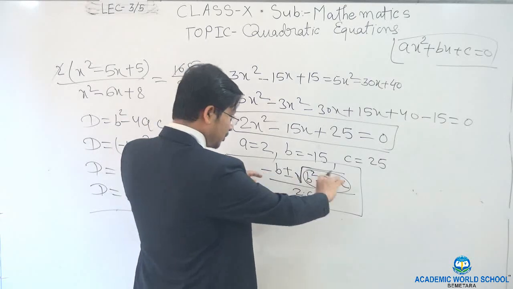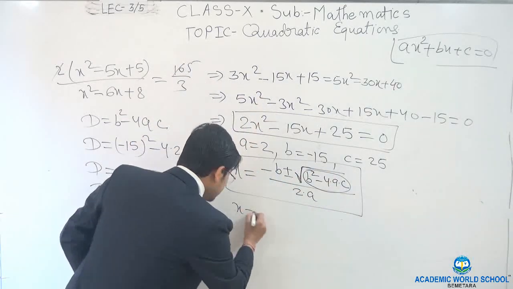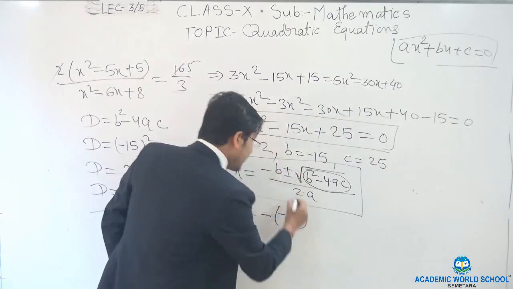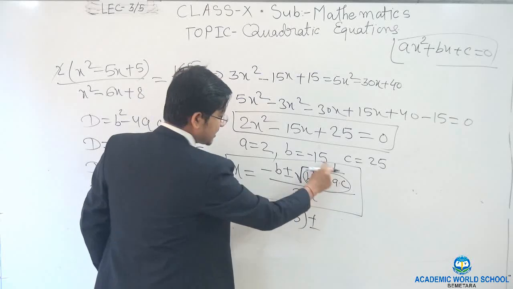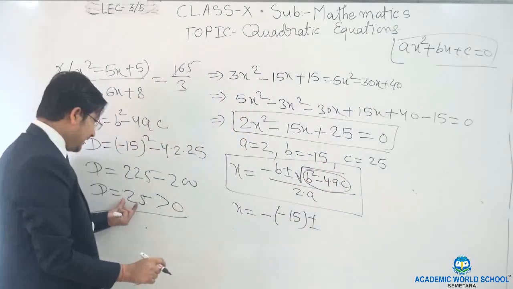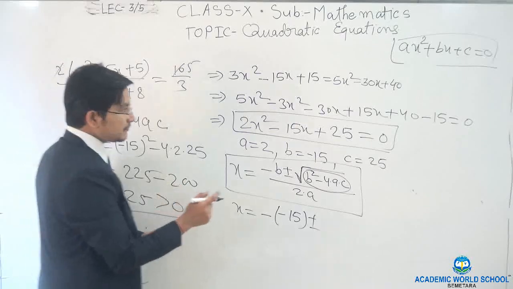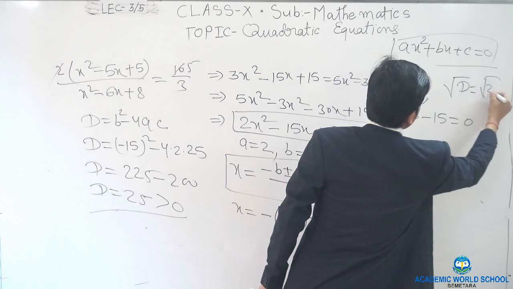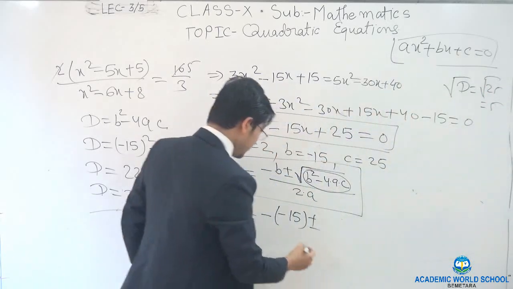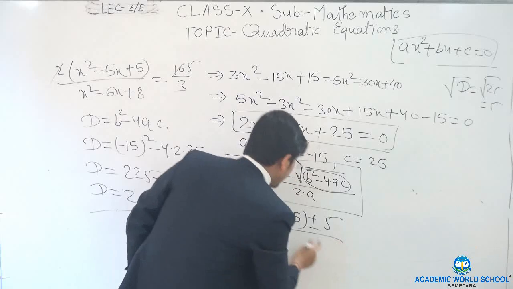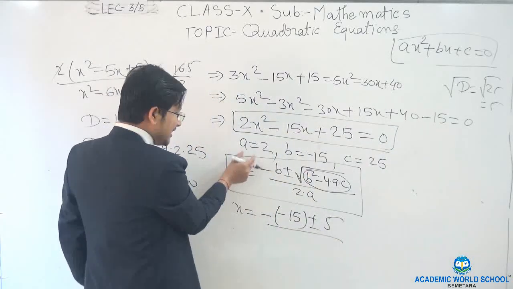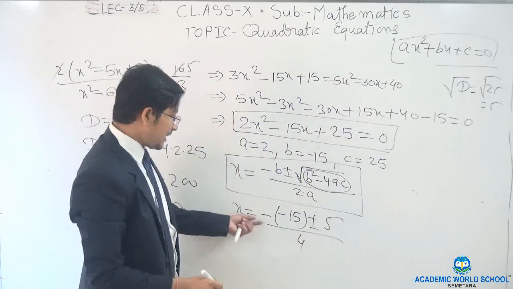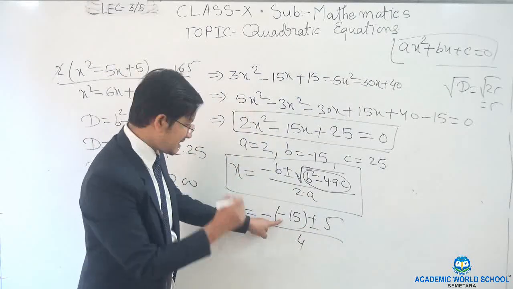So now we are going to substitute the value in this. So this is X is equal to minus, and B, what is the value of B? That is already minus 15. And then plus minus, we found the value of D, that is 25. And the square root of D means square root of 25, and this is equal to 5. So I am going to write 5 directly. And then upon 2 into A. So 2 into A means 2 into 2, so this will be 4. Okay. So now this is minus minus, it will become plus.